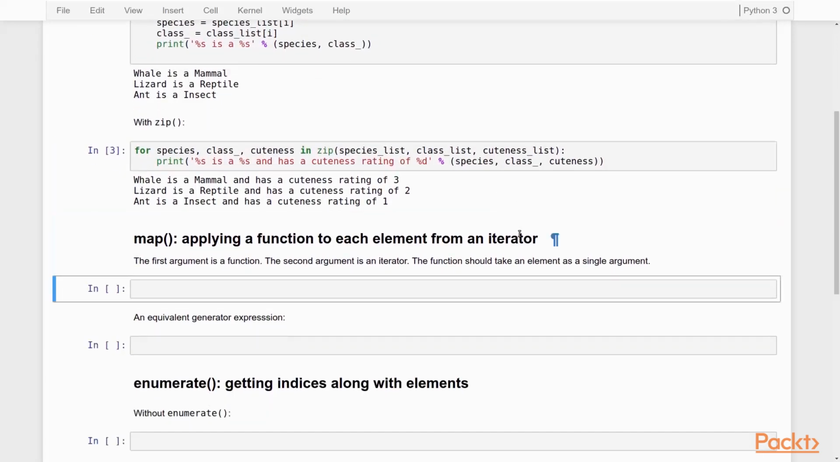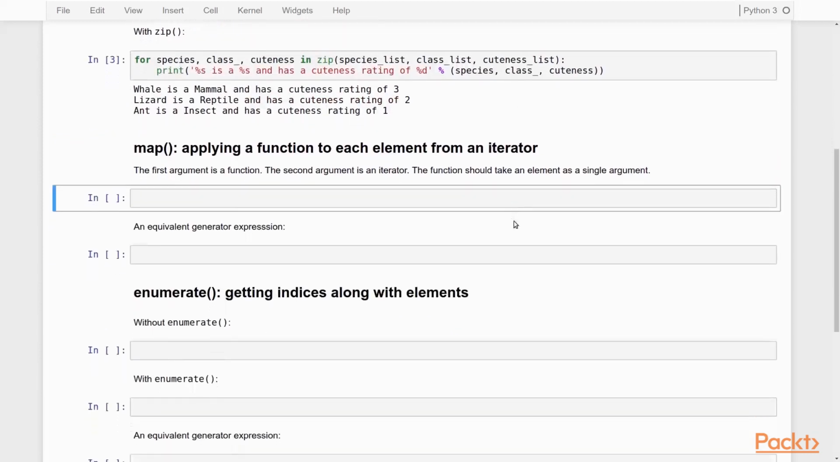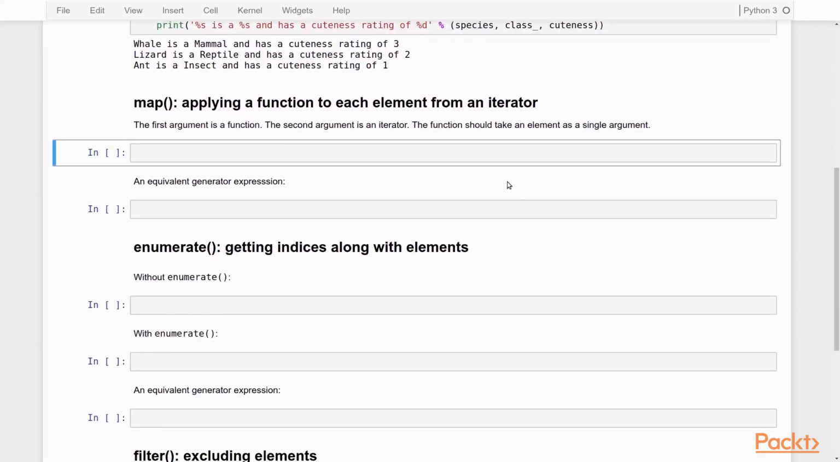Now, then we have another function that is very convenient, and that is actually a function that comes from the style of functional programming. And it's called map. And map applies a function to each element from an iterator. Now say that we have from math import sqrt, right? So we have a function that calculates the square root,